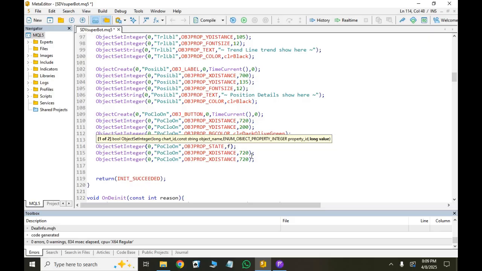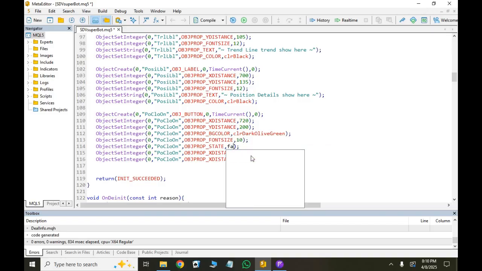If we set object state to true, that means the button is pressed. Or we can type a long value number: 0 means the normal situation, 1 means pressed situation. I set here false. Object state false, and